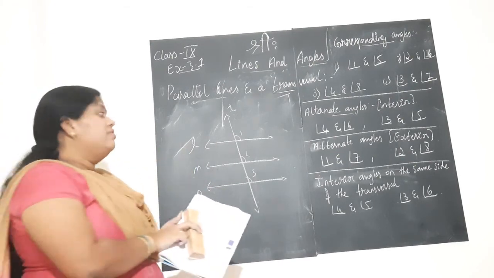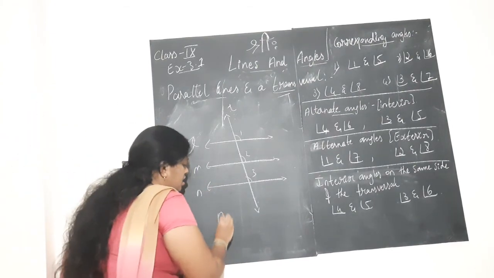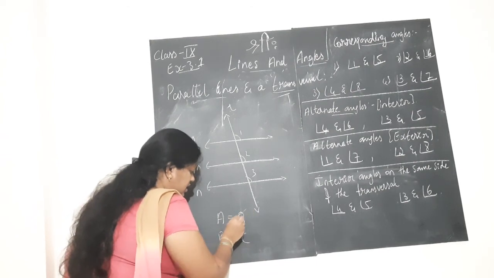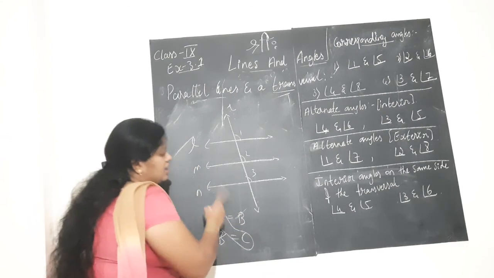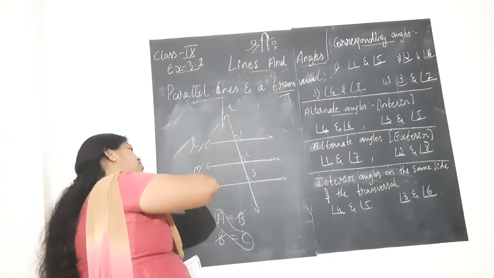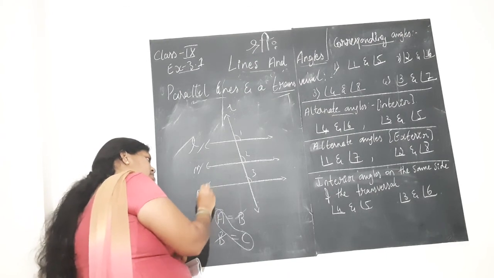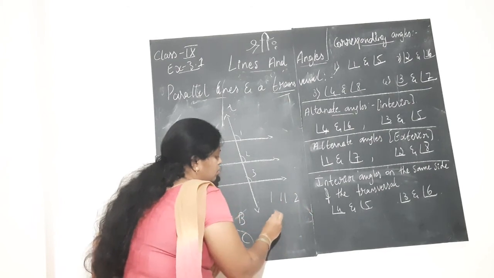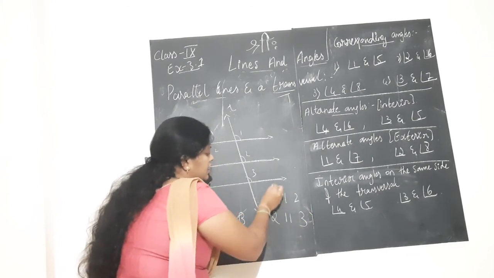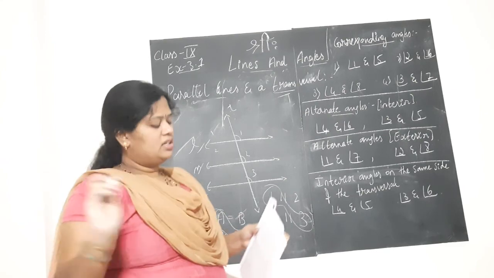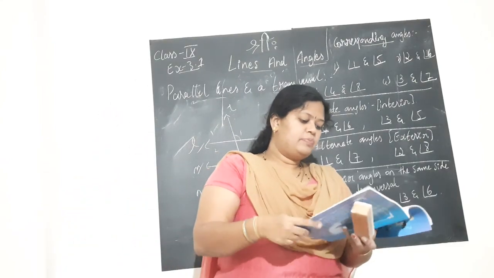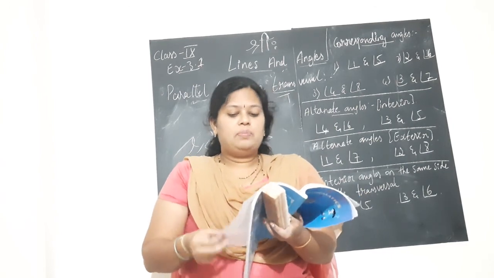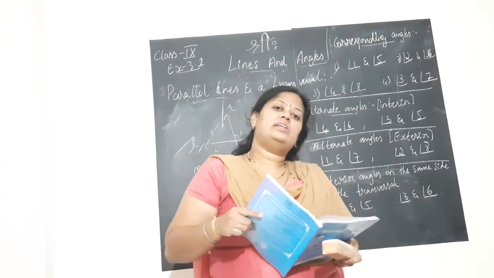If A equals B, we studied in the axioms of Euclid in the previous lesson, if A equals B and B equals C, children, then A equals C. Similarly, if one line is parallel to another and that line is parallel to a third, the first line is parallel to the third. Line 1 is parallel to 2 and 2 is parallel to 3, so 1 is parallel to 3. That is what they mean. Again, you don't have a proof for this. These concepts and theorem statements you should keep in mind. Next, you have exercise 3.2, children.